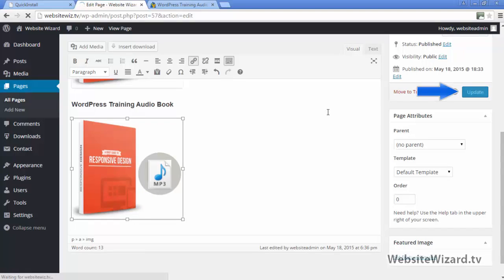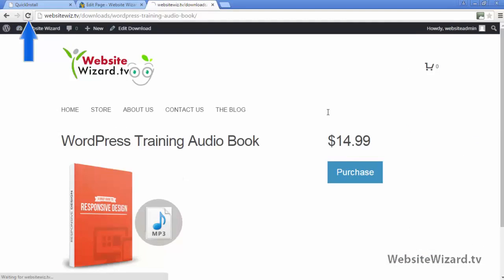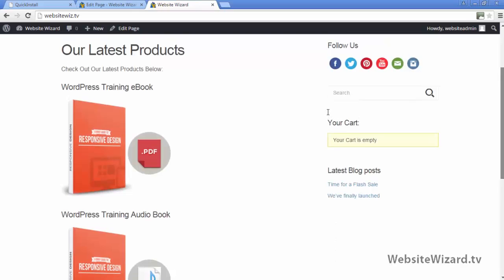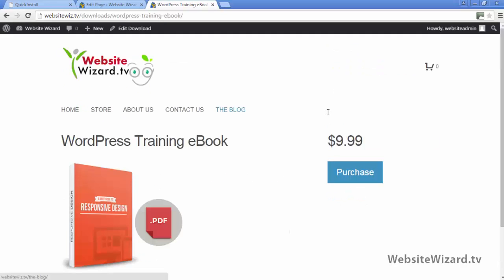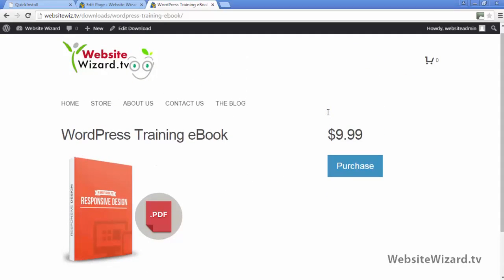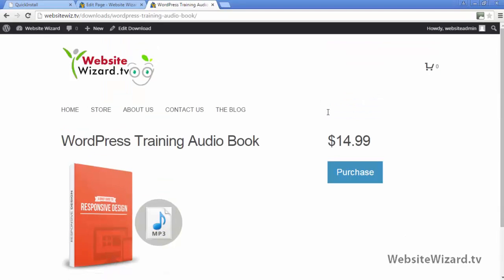Go ahead and click update on the right here to update the changes. Head back to the website, click refresh, and now if we head back to the home page, what you'll see is our images right here. So I'm going to click the image for the WordPress training ebook here. So I'll click that and this should take us to the WordPress training ebook page, as you can see right here. And I'll just check the second one, so I'll head back to the home page again. Scroll down and this is the audiobook, so I'll click the image for that. So we're now on the audiobook page, and if I just quickly go back to the home page,